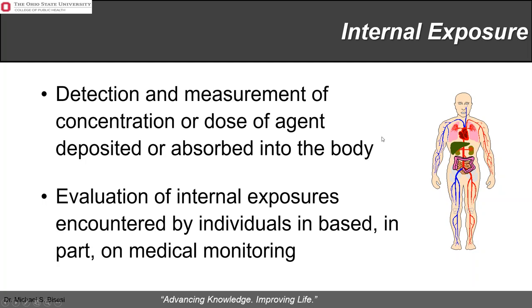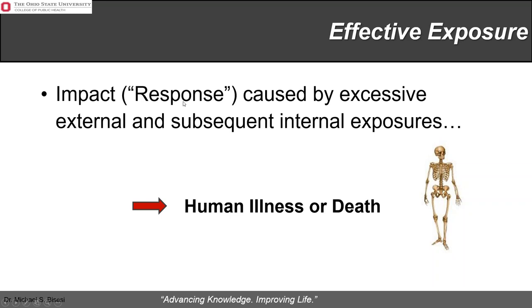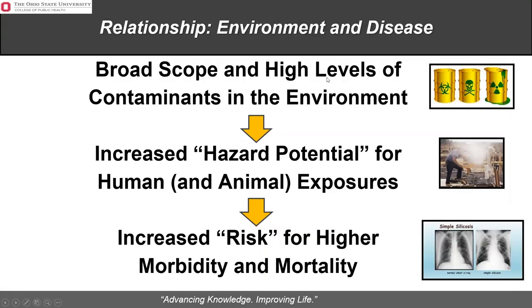And then as you'll see, epidemiology, in my opinion, crosses and really is at that interface between environmental public health relative to external exposure, and medical monitoring and surveillance relative to internal exposure and infective exposure, right? So ultimately, the impact or response is what we're trying to avoid. So prevention, primary prevention really means controlling the contaminants at the source so we don't progress to this state, because this is what we're trying to control, the scope and levels of contaminants in the environment.